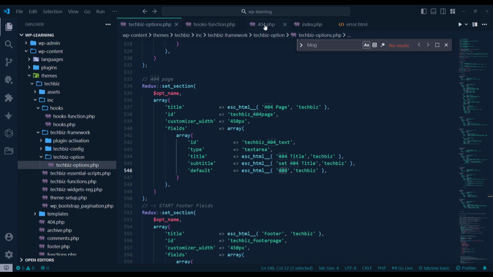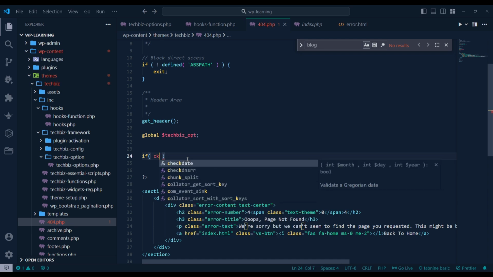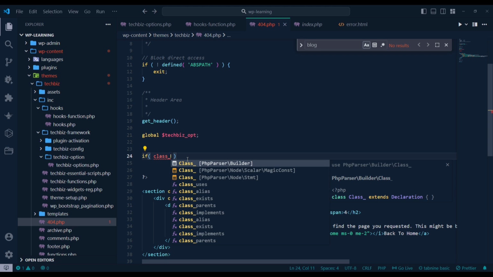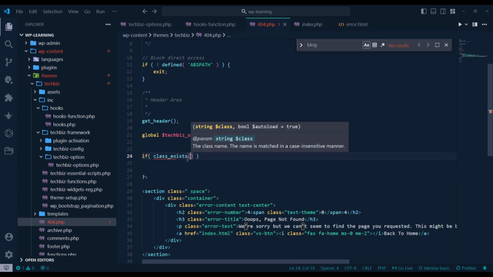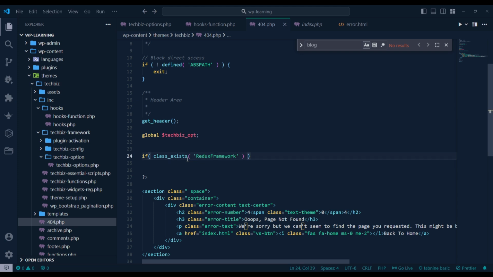Now if I go to the 404 page, I will check here with if class exists that our plugin is installed or not. If the plugin is not installed, then I need to make sure the value is already there. So if class exists, the class name is Redux framework, class name is this, because I know it now. So if the plugin is installed,